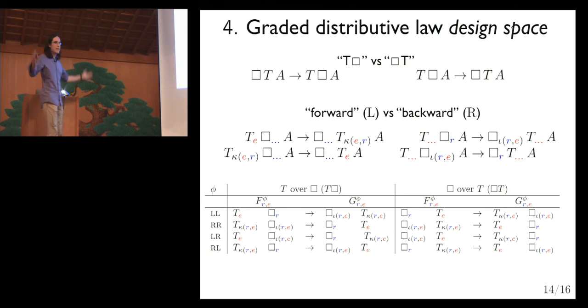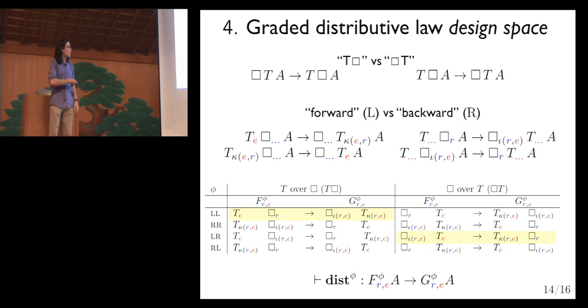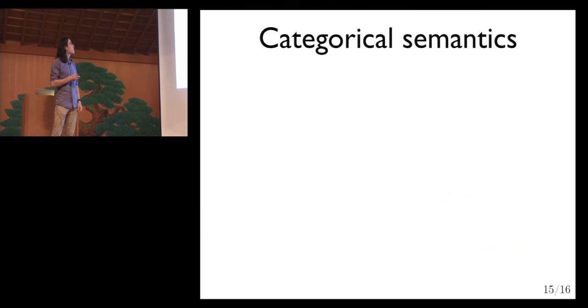So overall, this leads to a family of distributive laws, 8 different distributive laws that correspond to which way around you're commuting things and which way around the data flow goes. And in the paper, we show 2 examples in this space. We wanted to set the scene for future work and give a design space of what could be done. So really, the distributive law in our language looks like this. It's parameterized by a format, which is one of these things, which tells you which way around everything is going.